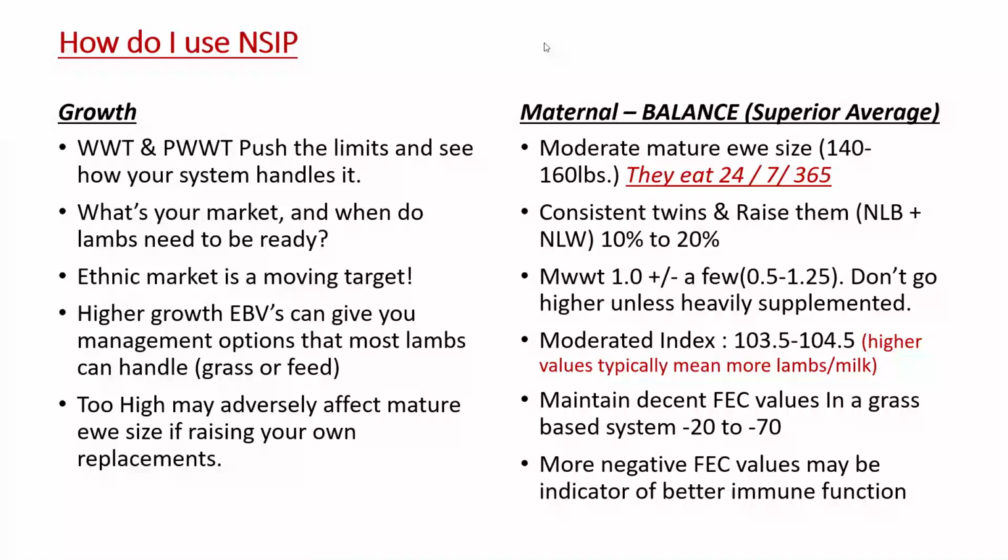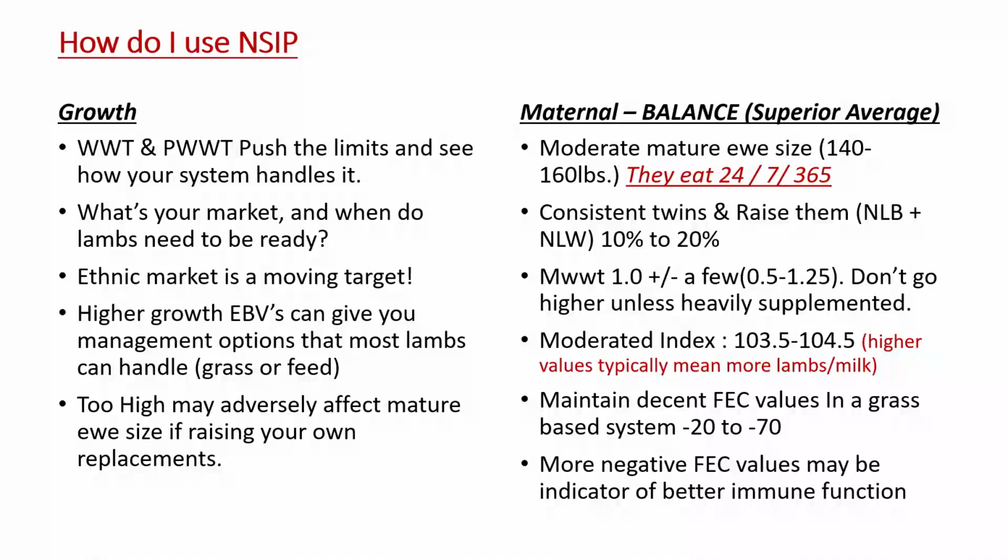As far as the index value, it's the hair index in Katahdins. That's kind of a combination of the maternal weaning weight, number of lambs born, number of lambs weaned. It takes all those maternal numbers into consideration, and it gives you a single value on that index to give you an idea of where she stands from a maternal standpoint. There again, if you push that number too high,